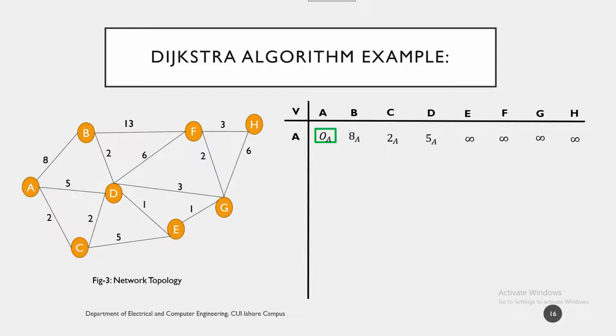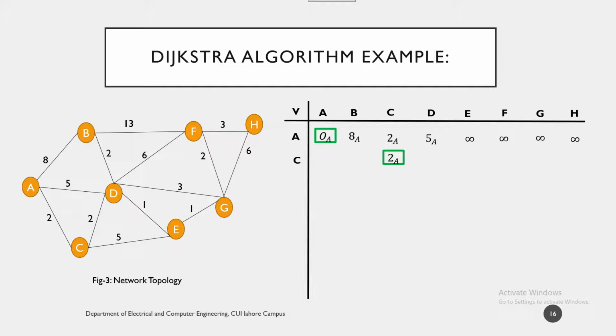Now, note what is the smallest value in the row except 0, because 0 is the distance of A to itself and it is already fixed by the boundary. The second smallest value is 2 with subscript A. Write it down in the next row and add a box around it to show that this value is fixed. Now, as this value 2A is written under the column C, the next starting point is C.